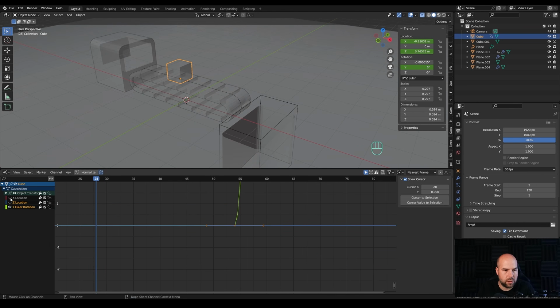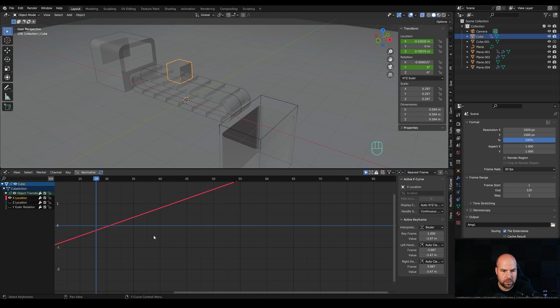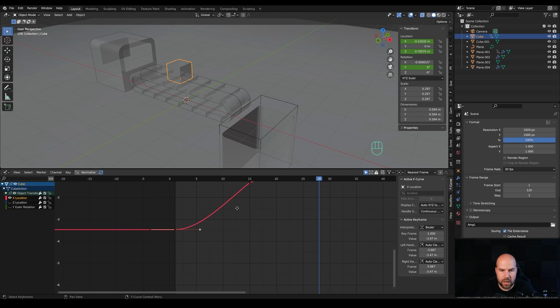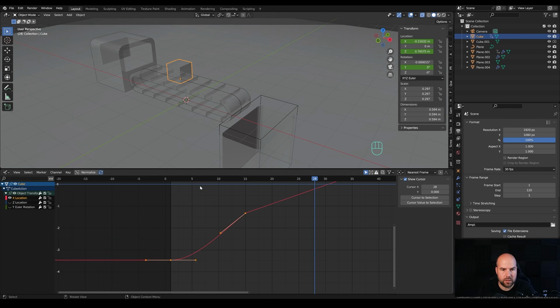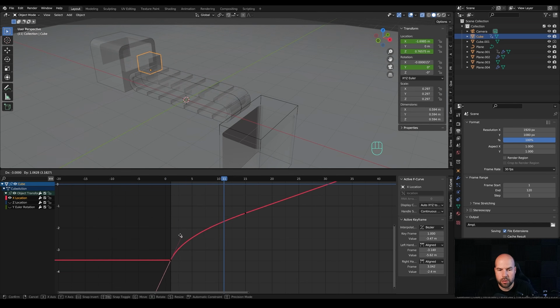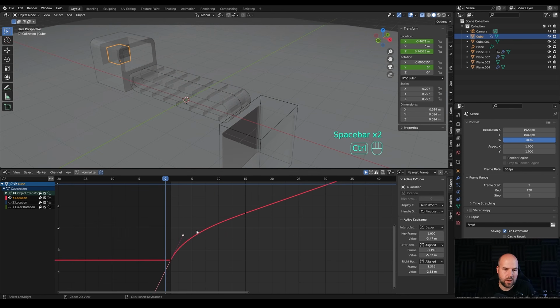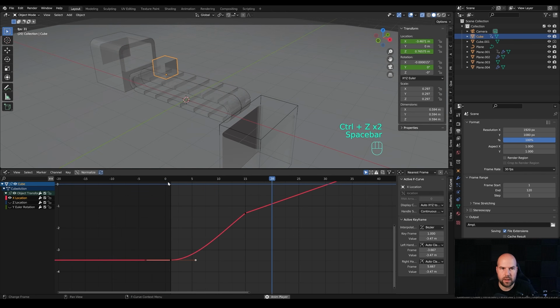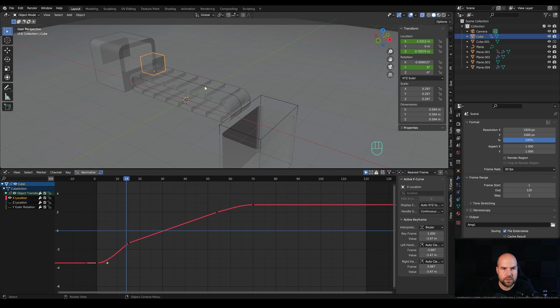Of course, you could go to the beginning of the animation for the X location channel and try to play with this part of the animation where it kind of goes on the belt. And you can decide whether it should accelerate here, or, you know, if you want a more sudden approach. Yeah, I think the beginning was just fine like this, that it kind of accelerates from it, so I will leave it like that. So that's for the animation.